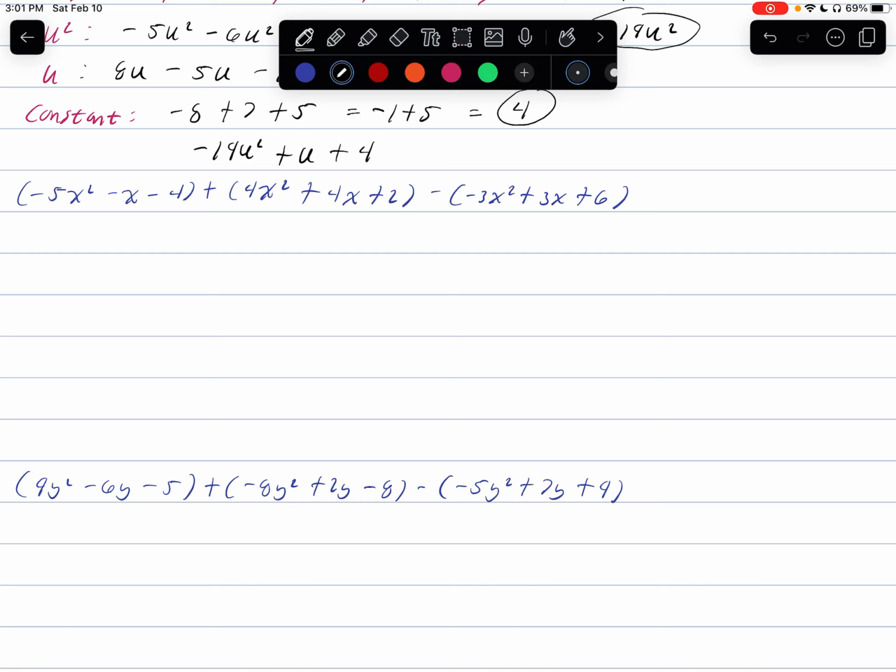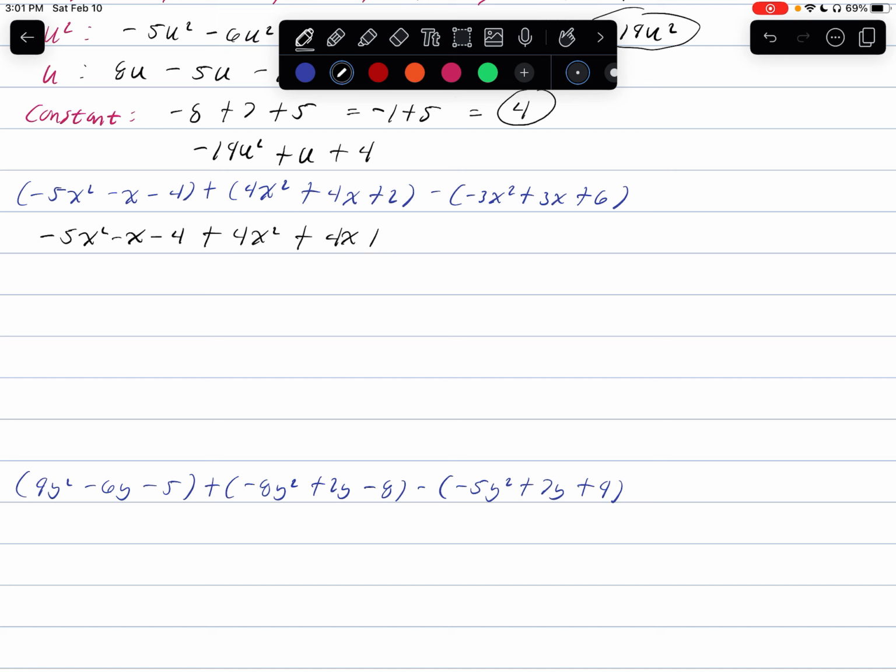Okay, so this first term, we can just go ahead and get rid of the parentheses. This will be negative 5x squared minus x minus 4. And then since we're adding this term, this 4x squared plus 4x plus 2, we can just go ahead and get rid of parentheses there as well and keep all the signs the same. So plus 4x squared